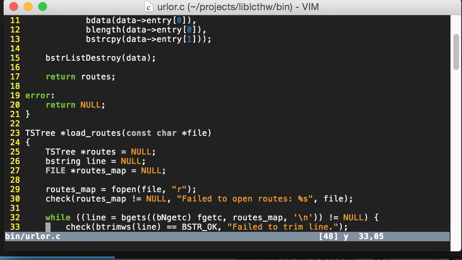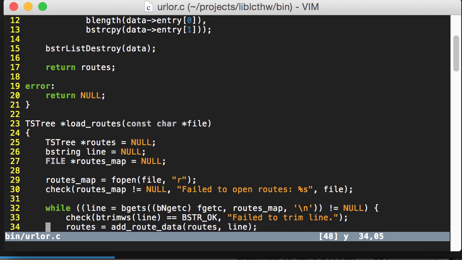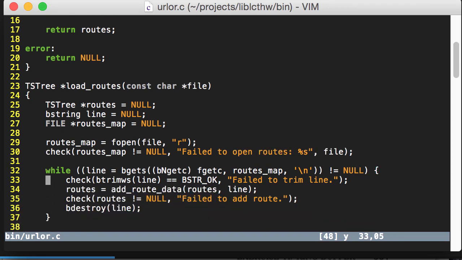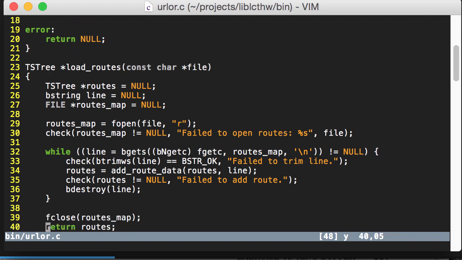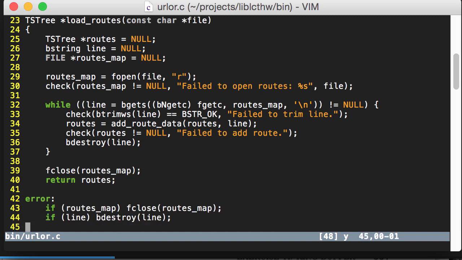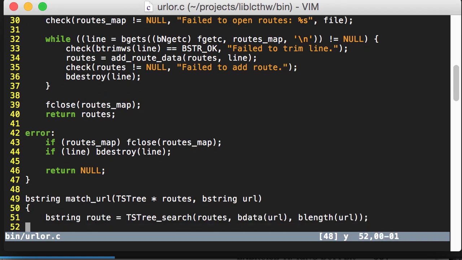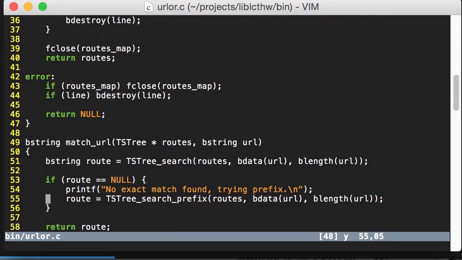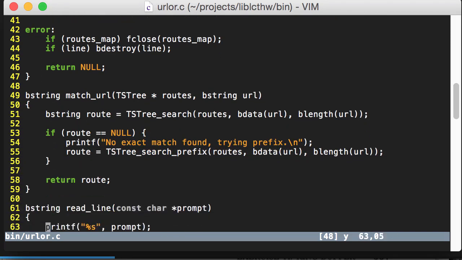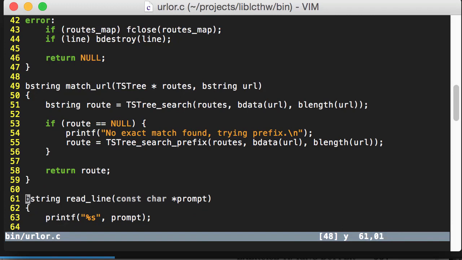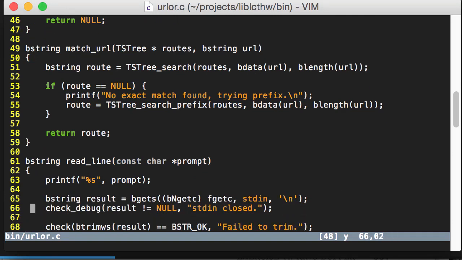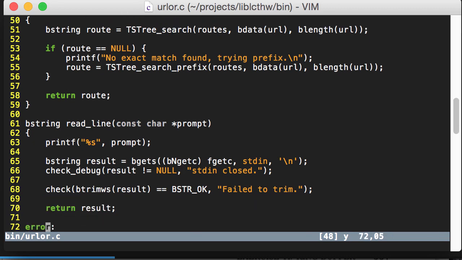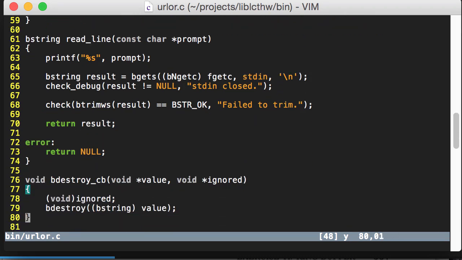Okay. And I open the map file for the routes. All right. And I get each one. I'm not seeing anything too strange. This is a fairly small program. And then I match URL, search by prefix, and then read line. I'm going to come in and read the line one at a time. Okay. And I have my little